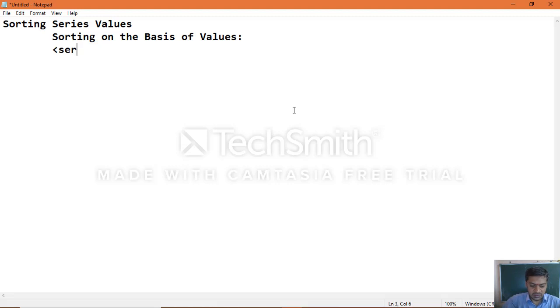Series object dot, there is a function called sort_values, with ascending equal to true or false.